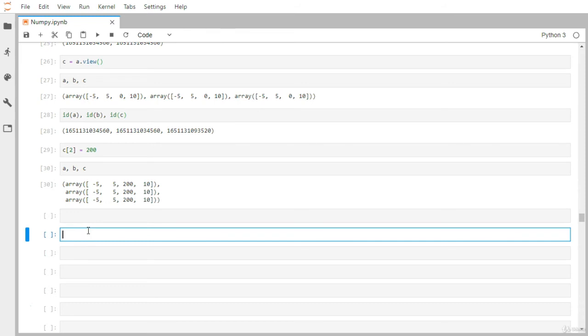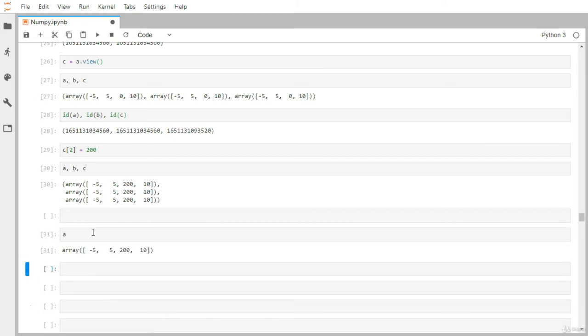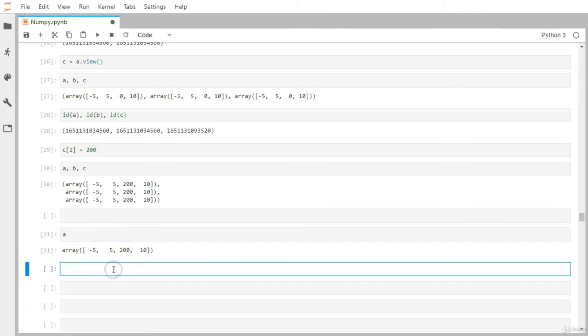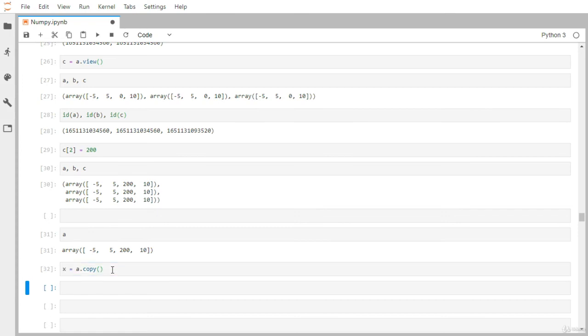Now let's see about the copy, that is, how you can create a brand new NumPy array from another NumPy array. So we have A, let's say, and from this A, I want to create another NumPy array, let's say X. So I can just simply use copy. Now this is not like a view, it is like a deep copy.